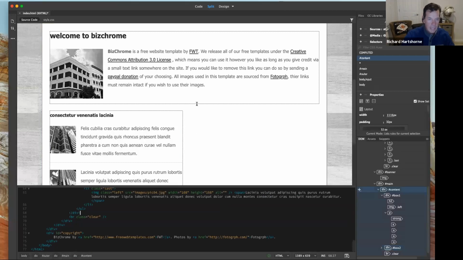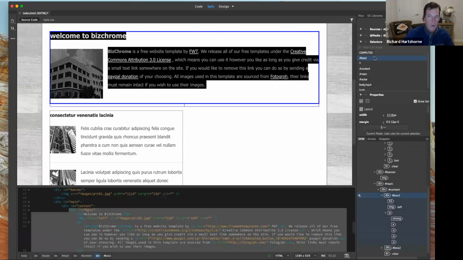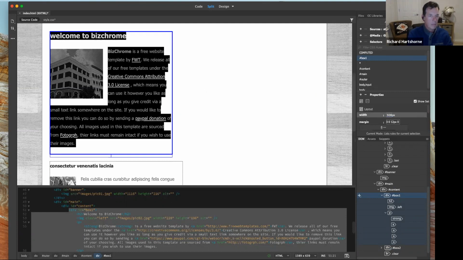I can see when I select box 1, it becomes selected over here in my CSS Designer. And then I can look at the properties. So the properties of the layout, the width is 1116. What if I change that to 508 pixels? What's going to happen? It's going to cut in half, right? And that's what happened. Y'all see? Okay, I don't like that, so I go to 1116